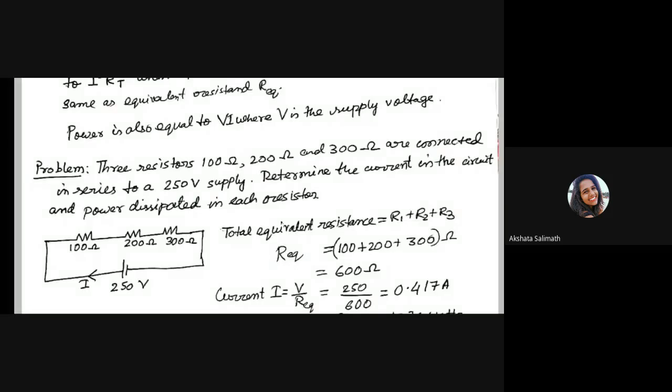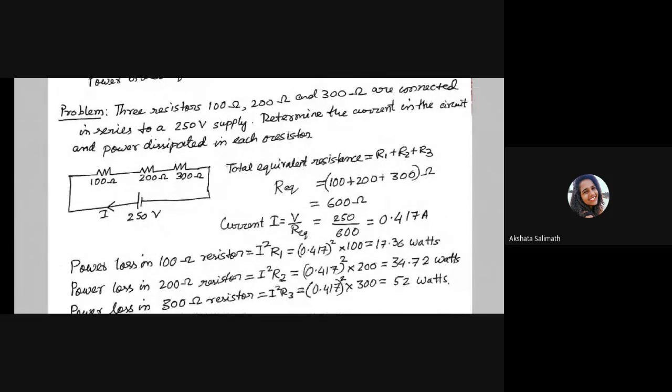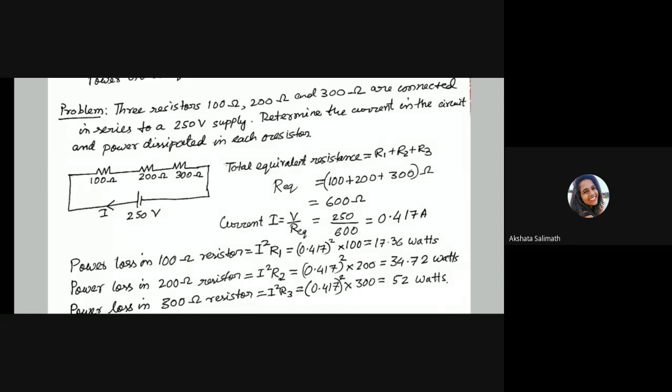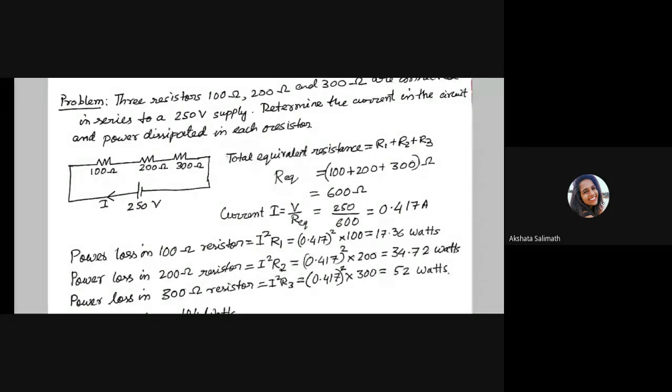Fine. So along with that, the next question is the power dissipated. So the current is this, and what is the power? That is important. They asked about the power dissipated in each resistor, so individual power dissipation we have to calculate. Now we can calculate using three formulas. You remember the three formulas of power I told? One is V into I, one is I square R, another one was V square divided by R.